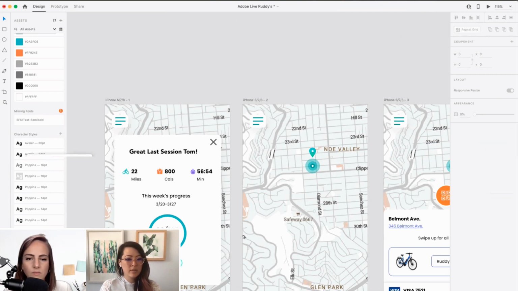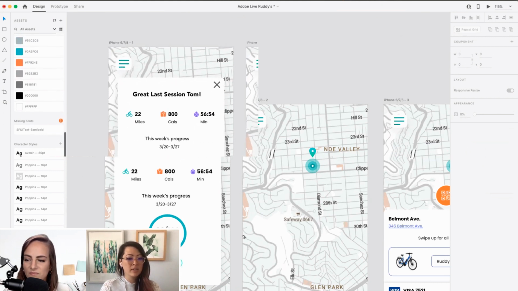Yeah, I tend not to do too many variances, but then I find that later down the road, if I did make a change like this where all the fonts are different, I have to go and find each individual one. Yeah, that's true. Each individual one. So I'm not sure. I haven't figured out the best method. If you guys have any suggestions, I'm happy to listen to that.